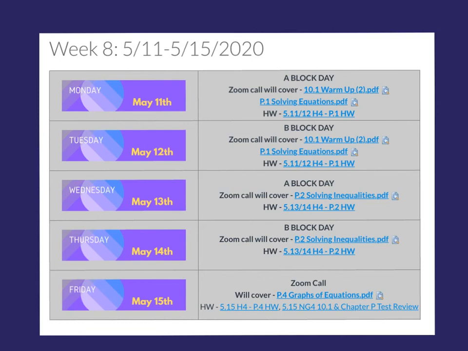All right, so here's the plan for the week. Obviously, today is our A block day. You can grab the warm-up right from there if you want on that module page. This is week 8, which is, again, crazy to believe that we are at week 8 of this distance learning, but that's where we're at. We're going to do the warm-up, and then we're going to do the solving equations, and then your homework tonight